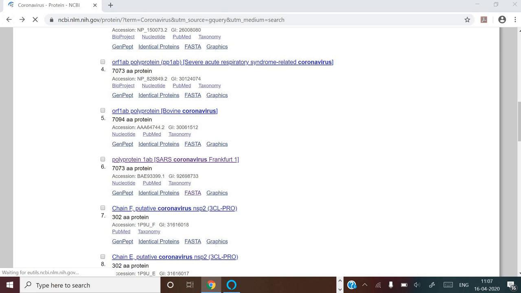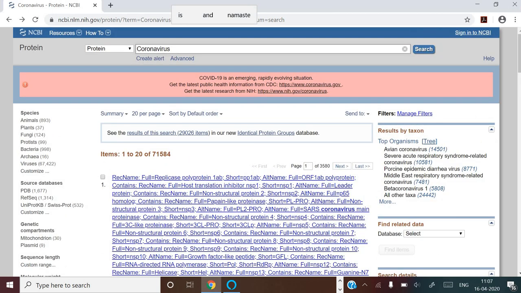So this is a short video regarding the introduction of NCBI and the use of NCBI for accessing different information or retrieving sequences in the FASTA format. In the coming lecture I will explain the use of these FASTA format sequences for alignment purposes. It may be a local alignment or a global alignment.